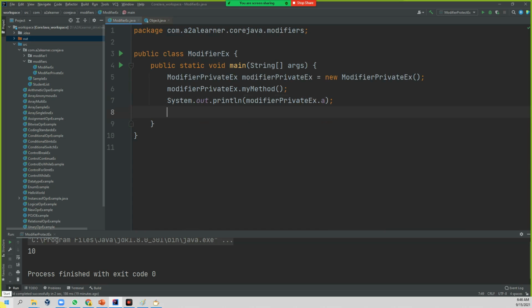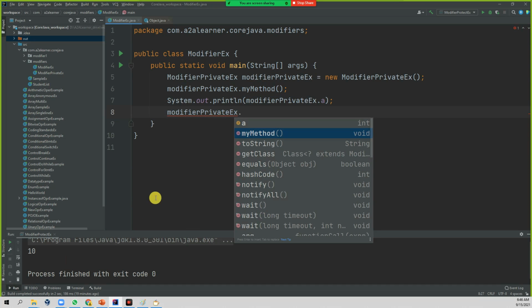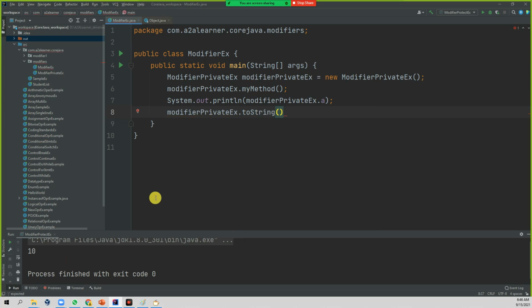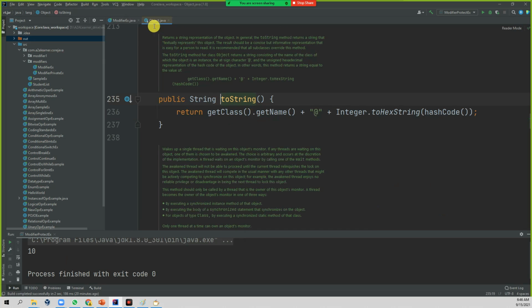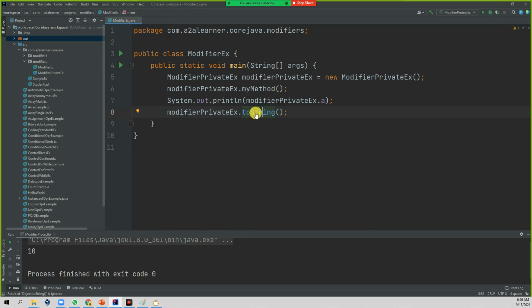So internally, if you see modifier dot toString, if you just use this method toString, who is the parent, where is it written? It is written in the Object class. You have not written anything for toString in your modifier example, but you are able to access it.